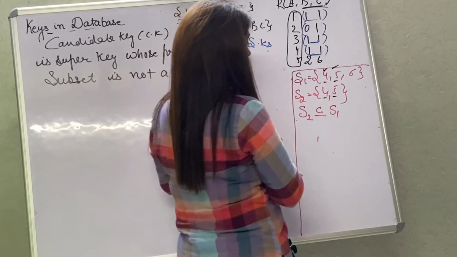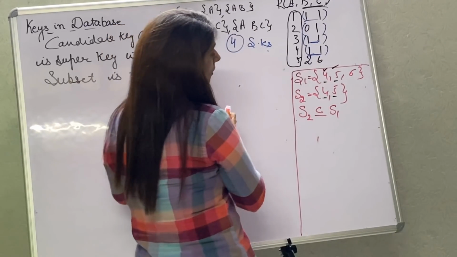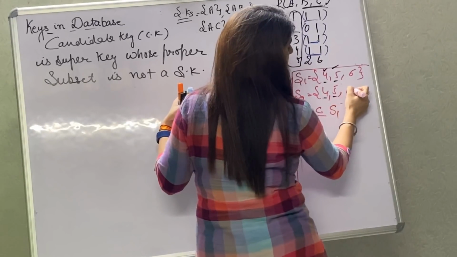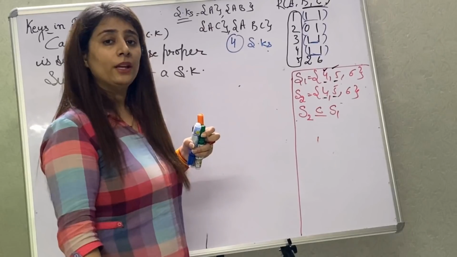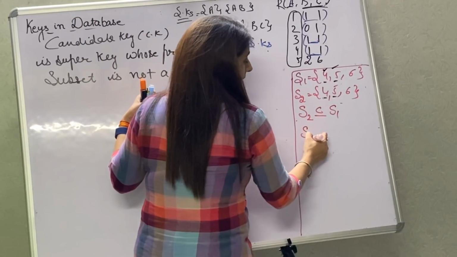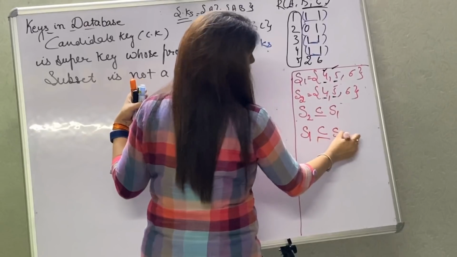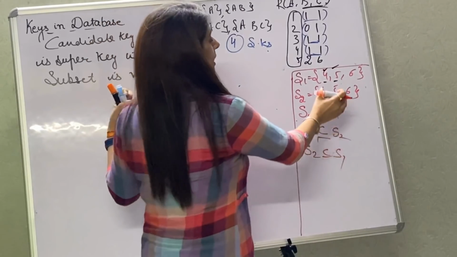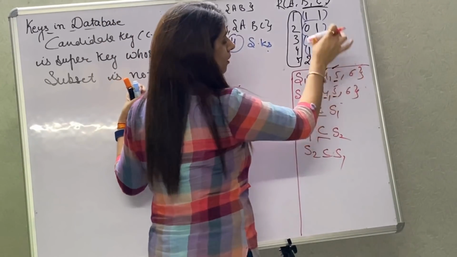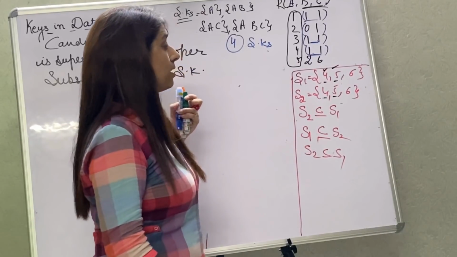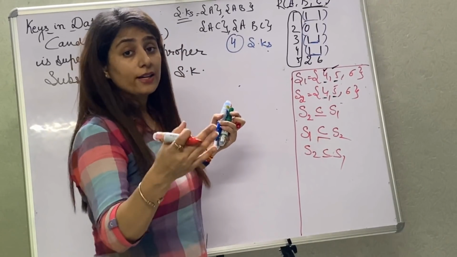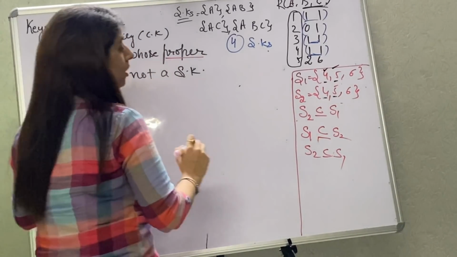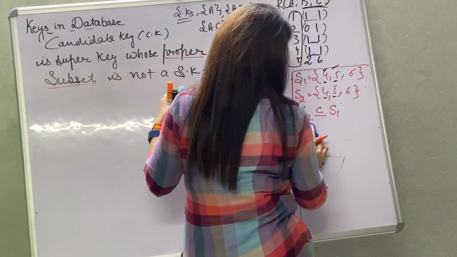Suppose I am erasing this and writing 4, 5, 6 again. So now what will happen here? Of course, S1 is a subset of S2 and you can say S2 is a subset of S1, because its values are also here and these values are also here. Fine. So this is the subset. Okay, now let's move forward. Proper subset. The word is proper subset. So let's talk about proper subset now.